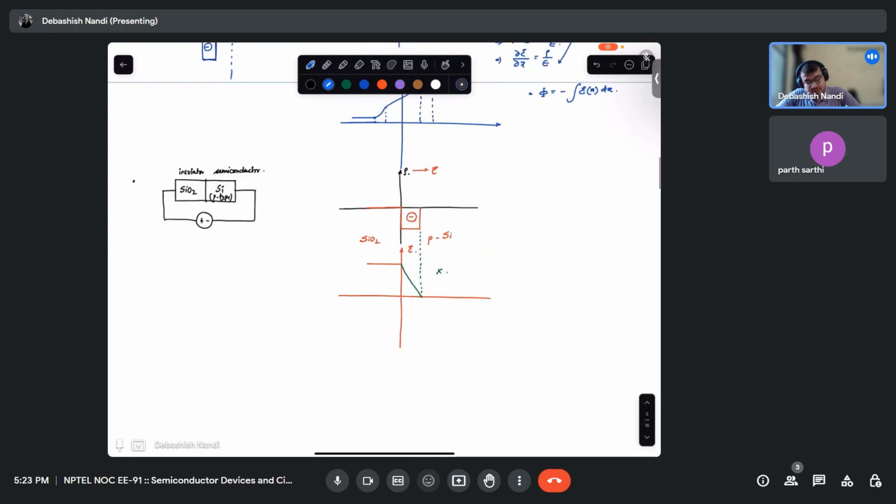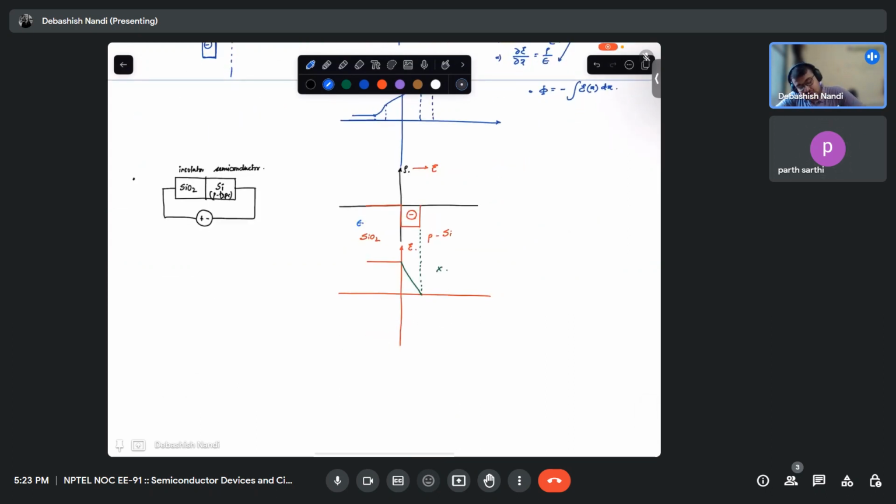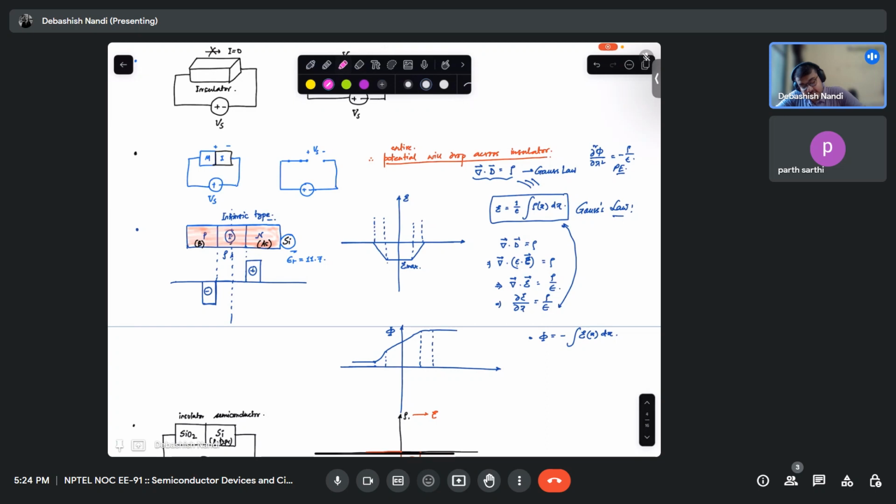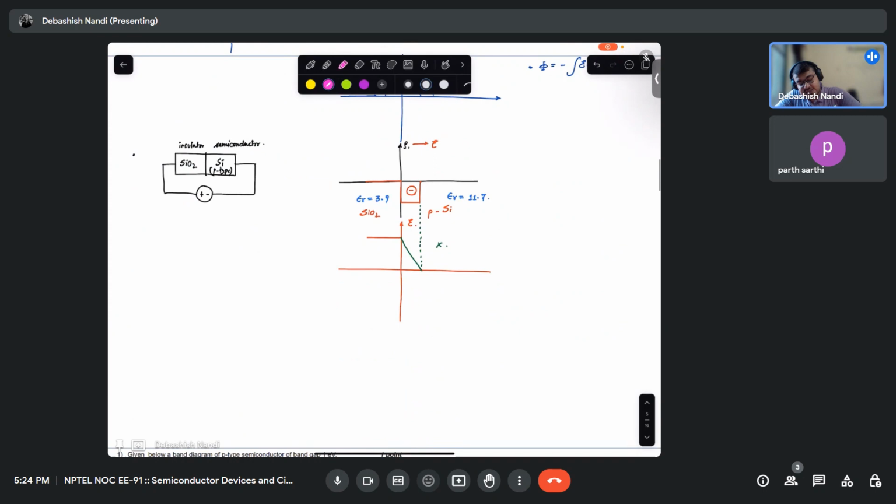But what happens now? What is the epsilon r for SiO2? Epsilon r for SiO2 is around 3.9, right? And epsilon r of silicon is 11.7. So earlier, what did we have? We had this condition satisfied because there has to be continuity in the electric field, as it is in the same material. Okay. Now what happens is that,